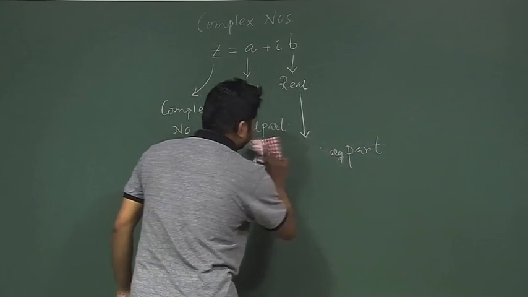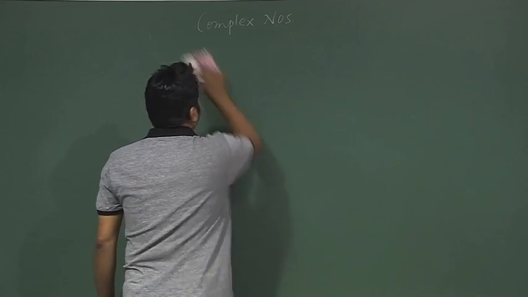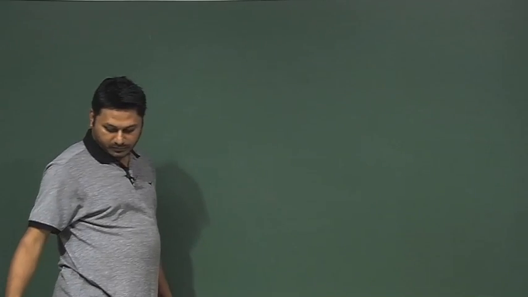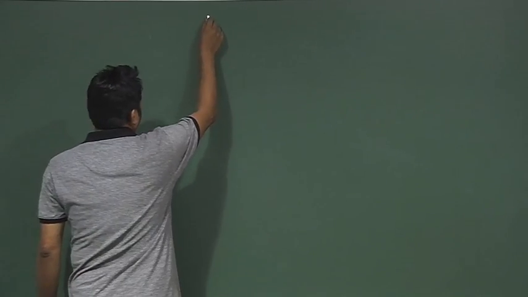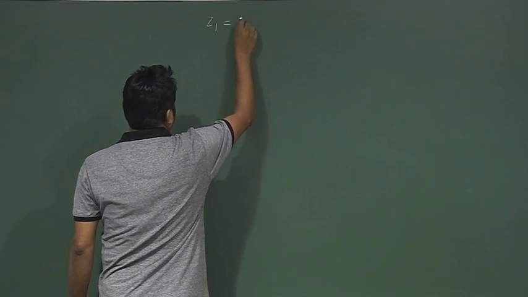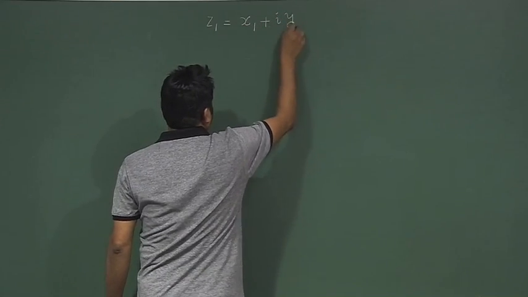Okay, this I believe all of you are aware of. So, let me do a few simple things. How do they behave? Say, if I take two complex numbers, z1 is x1 plus i y1,